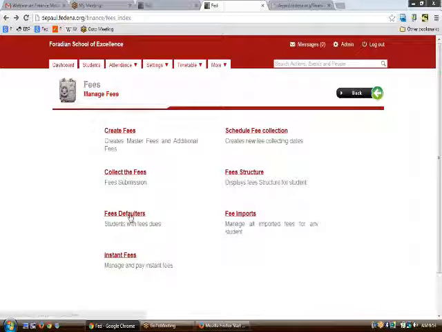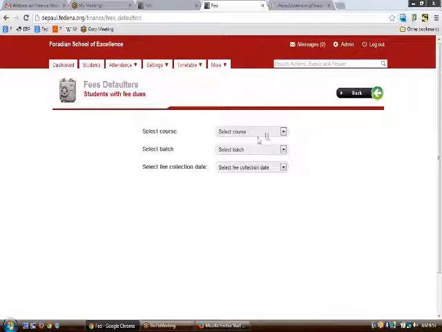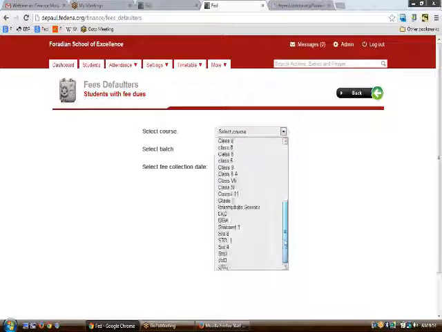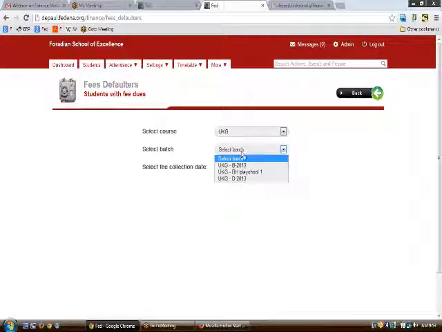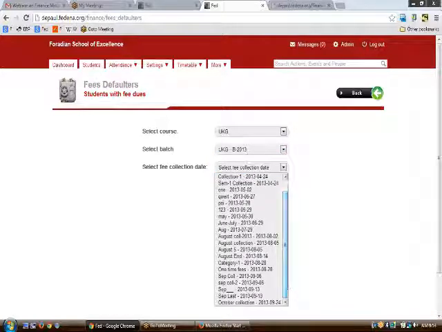Next comes the fee defaulters part. At times in your institution, you would come across scenarios where you need a list of all the defaulters of a particular course and batch, and for a particular fee collection date.